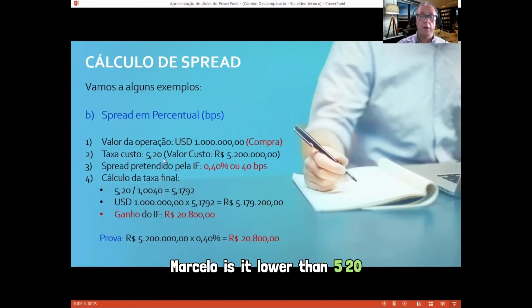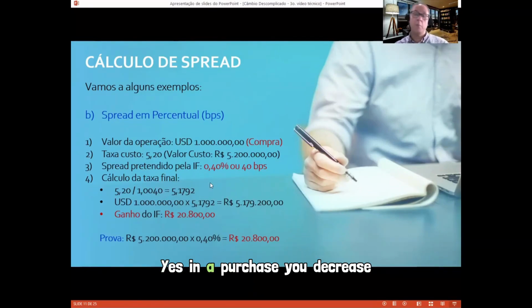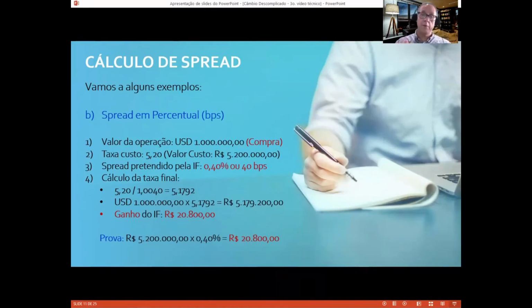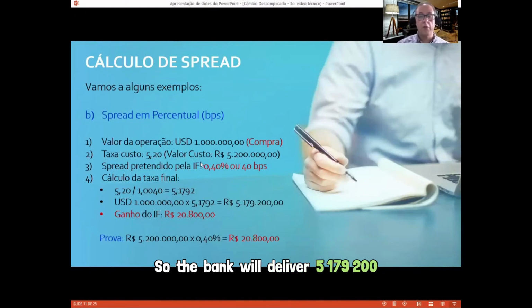Marcelo, is it lower than 5.20? Yes. In a purchase, you decrease it. In a sale, the bank charges, the rate goes up. In a purchase, it decreases. So the bank will deliver 5,179,200 to the company. Since the cost was based on the rate of 5.20, the profit was 20,800 Reais in